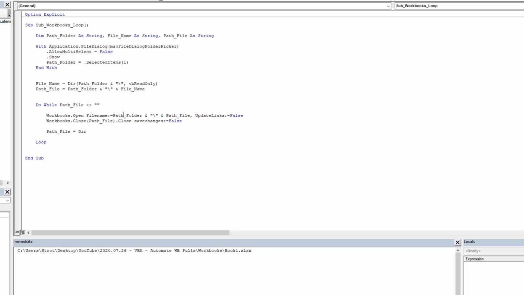So the file name here is going to be here. This is what makes it a little easier. So we can just say path file, and then path file.Close, save changes equals false. Then we did path file equals Dir, but we'll say file name equals Dir, and then we're going to say path file equals path. Let's copy this part here. Okay, so then as we loop through the code,